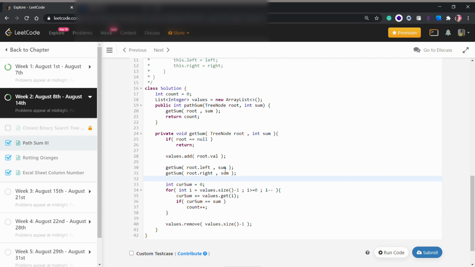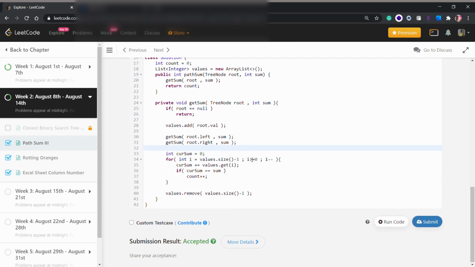Our sum is an integer value, it won't change. But this will change, so it will become null if it's the extreme left or extreme right element, doesn't matter. If it's a leaf element, then both root.left and root.right would be null. So when we call recursively, it would just return, and we will return to our previous state, if you know how recursion works.